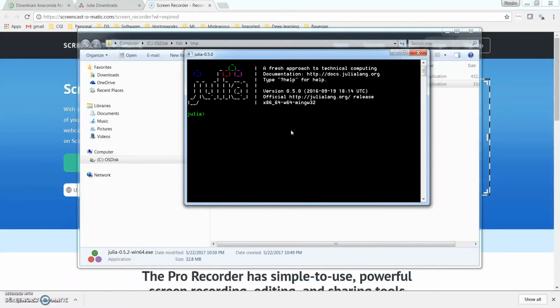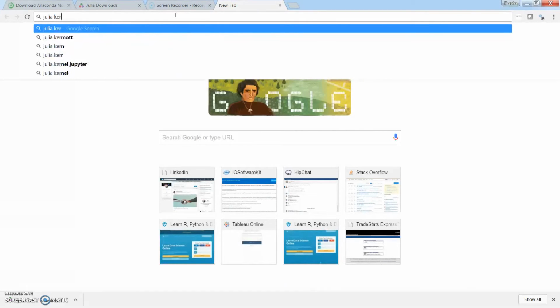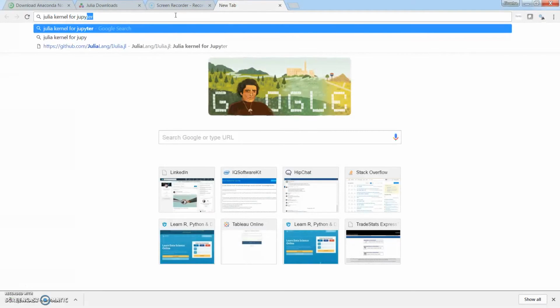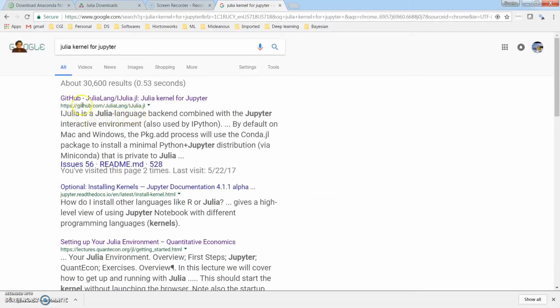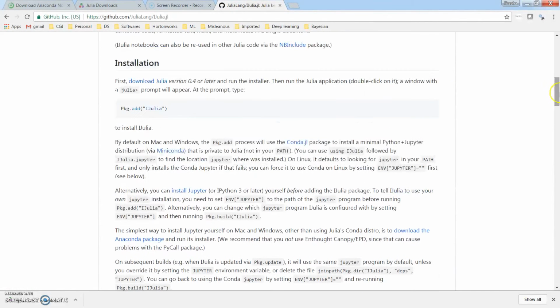Julia is successfully installed. But to use Julia in Jupyter Notebook, we need to install a Julia kernel for Jupyter. I think it is called iJulia. Okay, so we have iJulia here, and to install iJulia we simply need this pkg add iJulia.